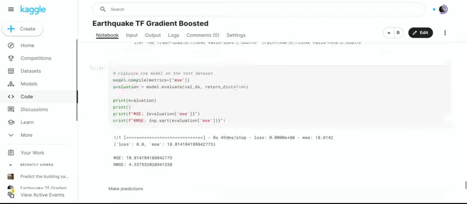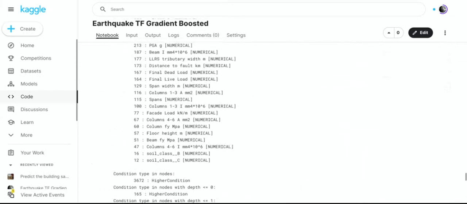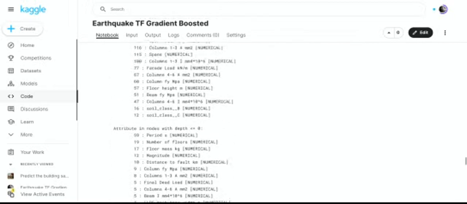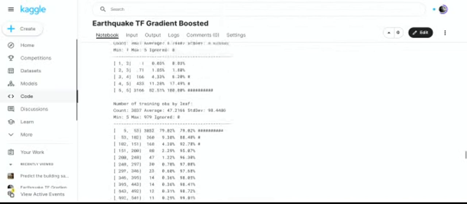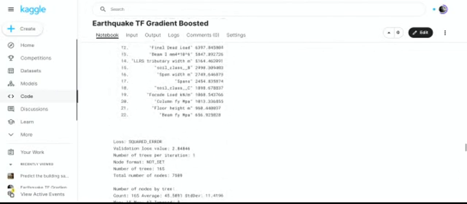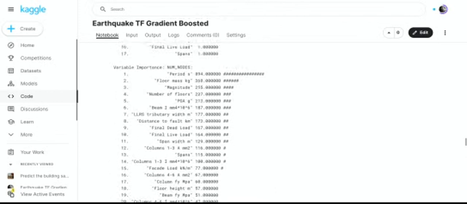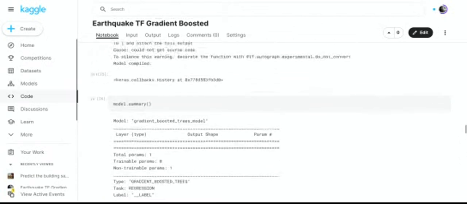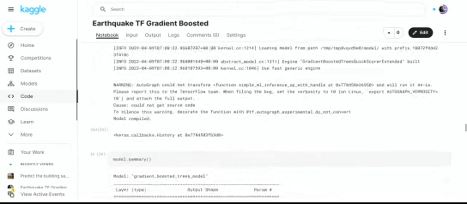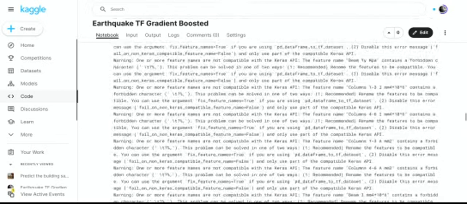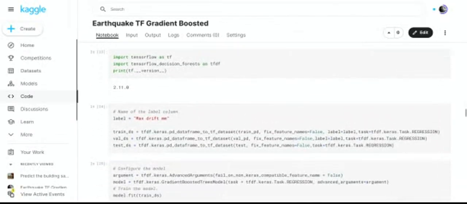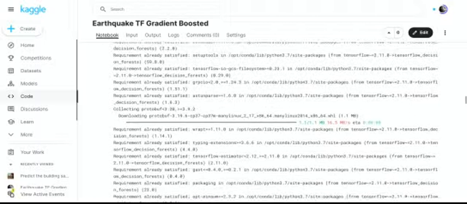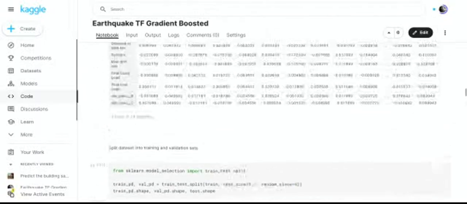And when I submitted it to Kaggle, I think I got a 21, and the best score is like a 14. And I think that I could actually improve the score by manipulating the parameters, like the number of trees and things like that. But that is one thing that you can do to try to improve your score. But I'm not going to do it in this instance. I might think, oh, well, let me see if I can get it to work, and then try to manipulate the parameters.